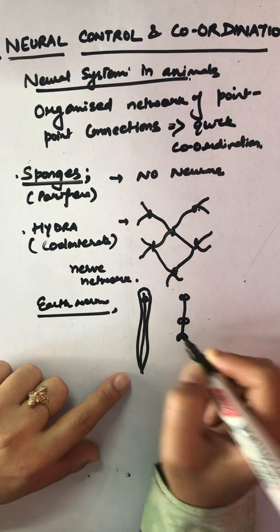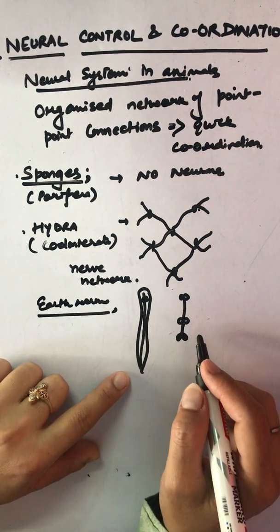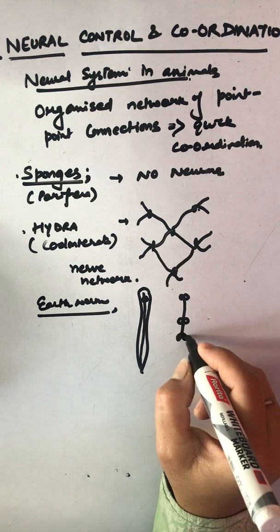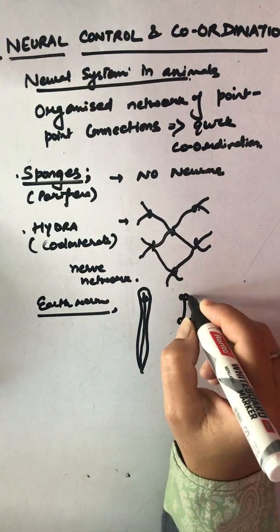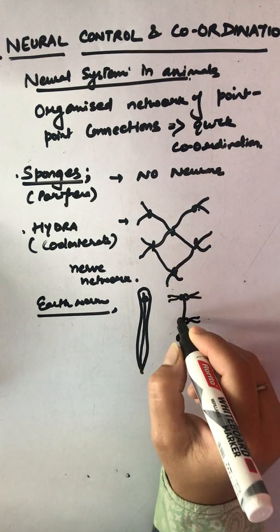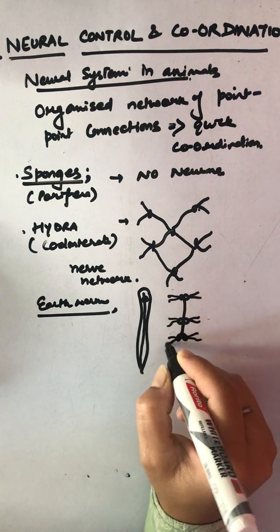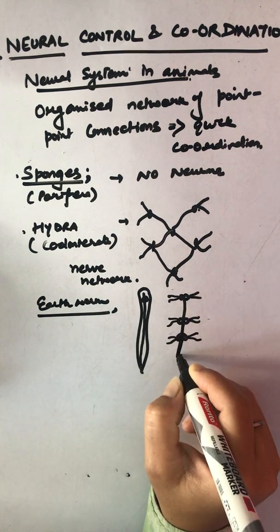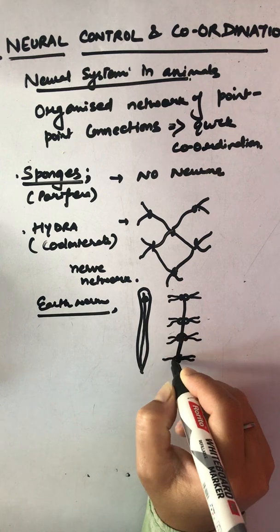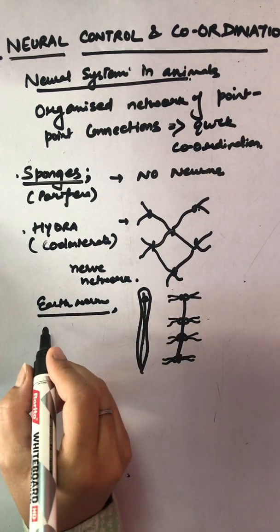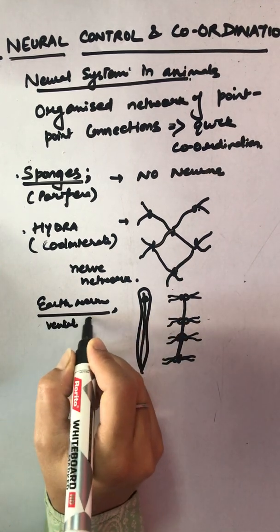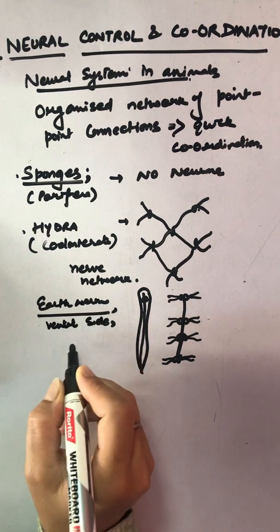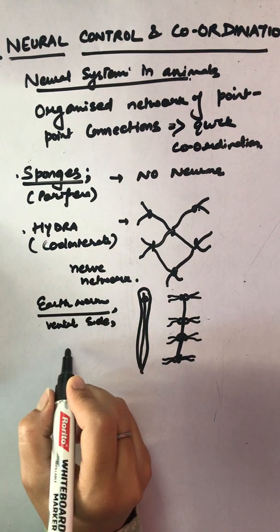These are ganglia and segmental nerves from the ganglia. From each ganglion arises a pair of nerves which reach the other body parts along the entire ventral side. So we write, it is present on the ventral side, and